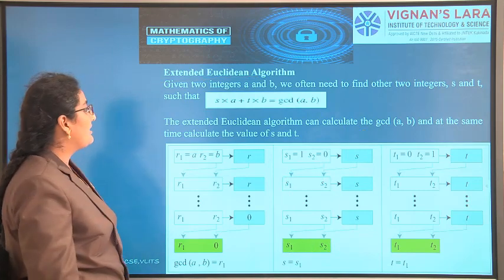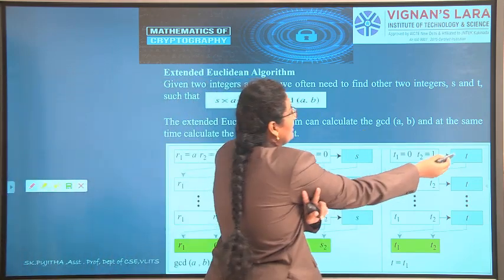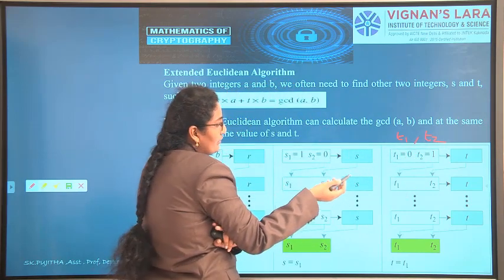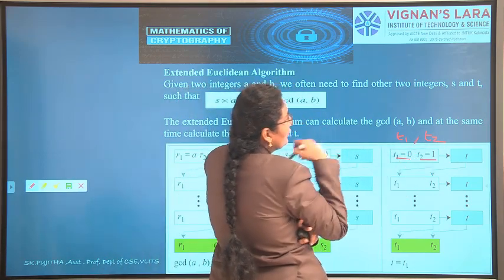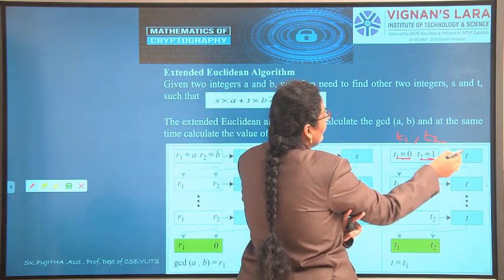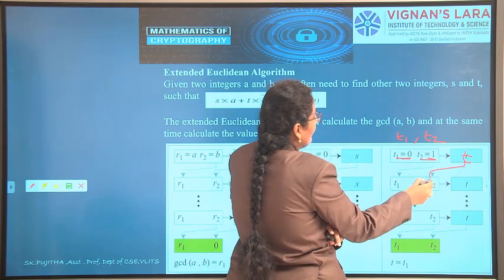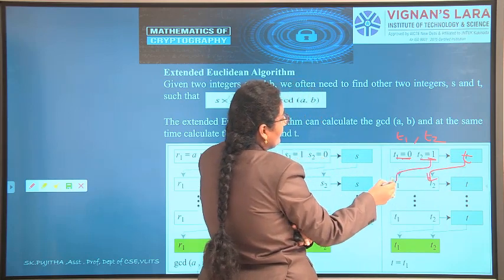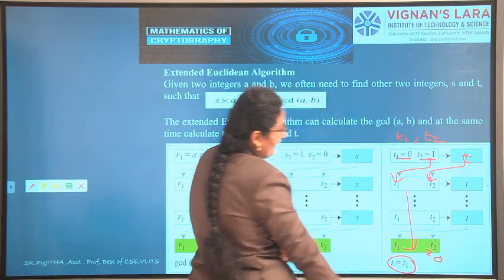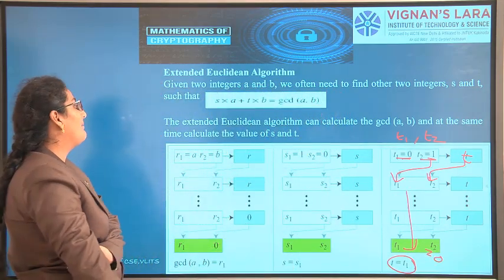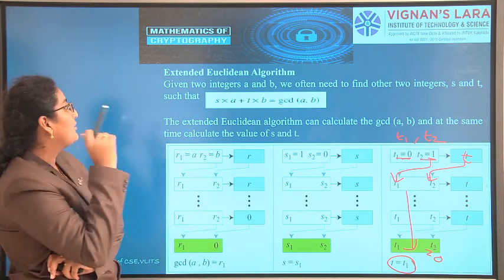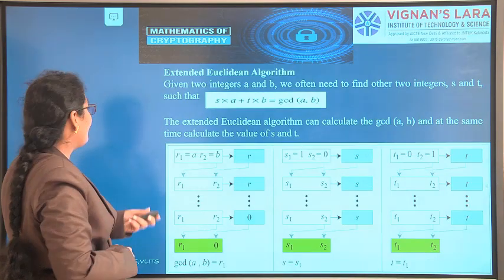Same way we have to do in the form of t also. See, t is divided into t1 and t2. Here we have to do the reverse: t1 is 0, t2 is 1. And the same process, dividing these two will give t. t will be given to t2, t2 will be given to t1. This is followed until t2 equals 0 and t equals t1. Very simple, you should remember. What we are actually doing in Euclidean algorithm, the same thing we are doing in extended Euclidean algorithm also.